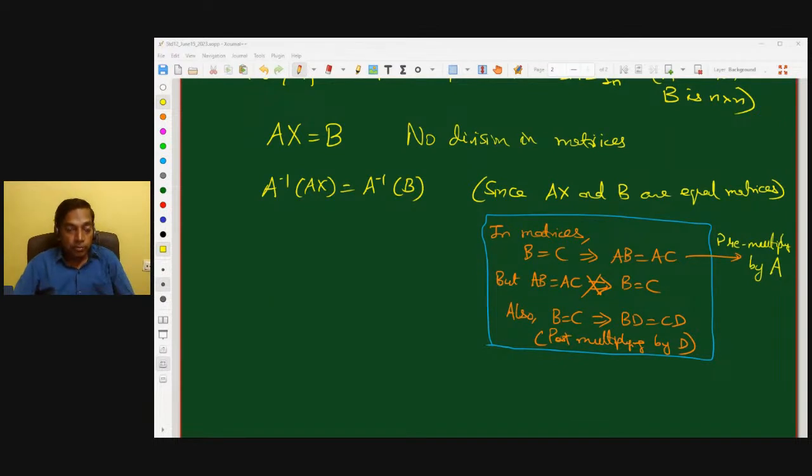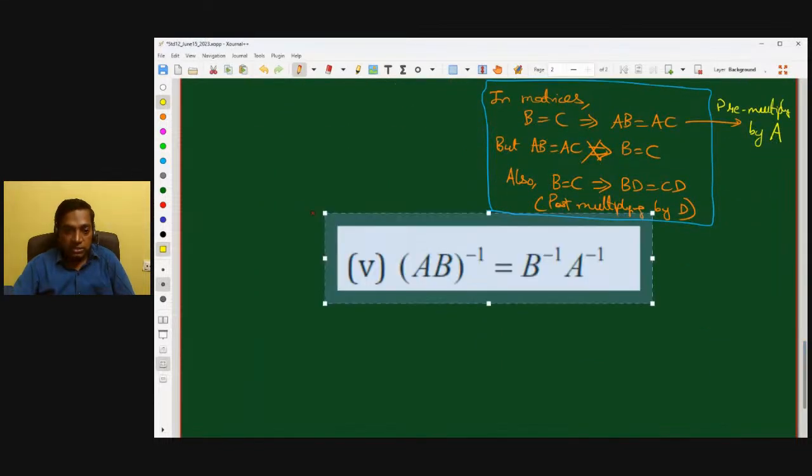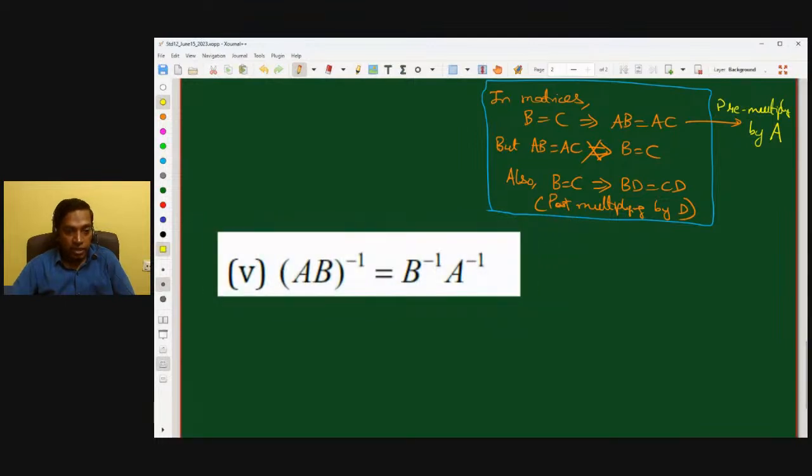Now, one of the most important properties is (AB) the whole inverse. I think we derived this last class. We proved it. (AB) the whole inverse is B inverse A inverse. We proved why (AB) the whole inverse must equal B inverse A inverse. How did we prove? Because inverse is unique. If you actually multiply,